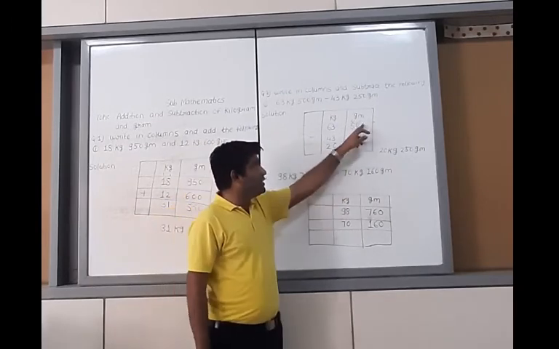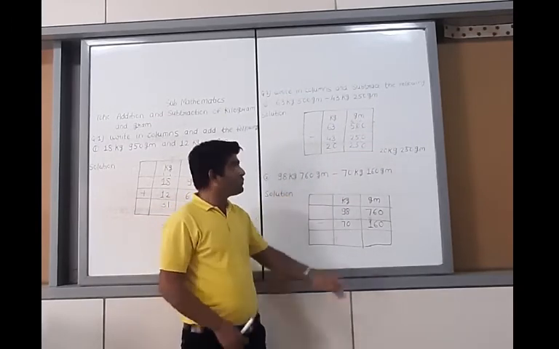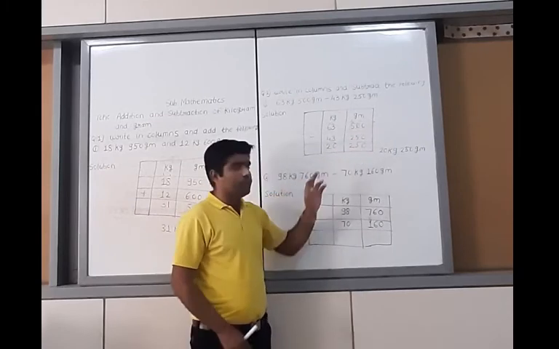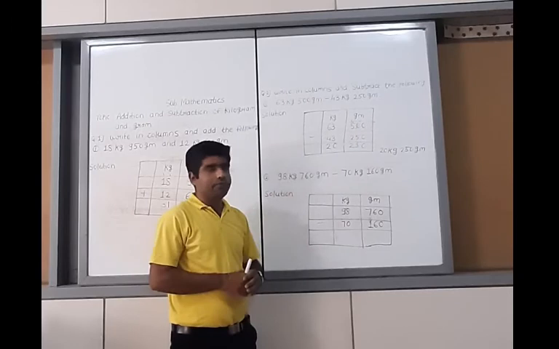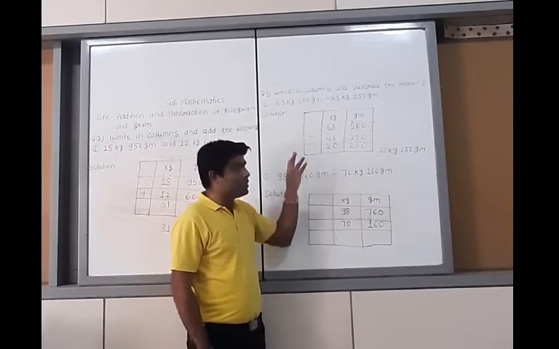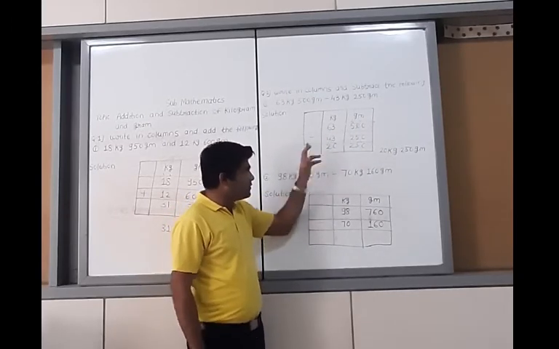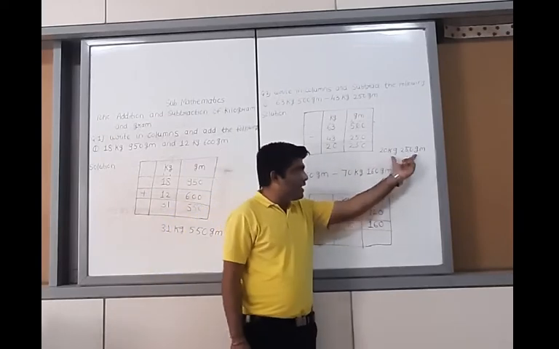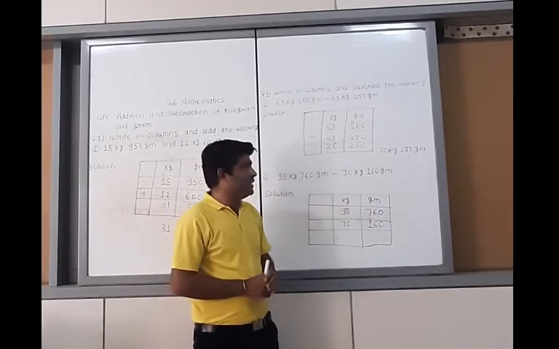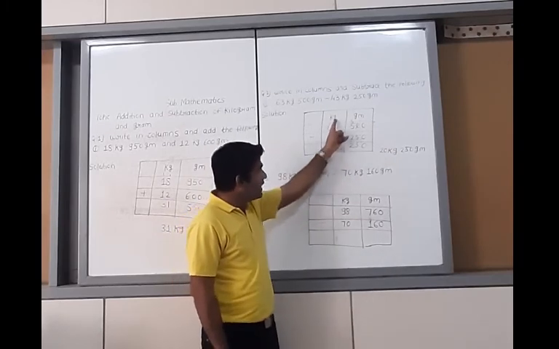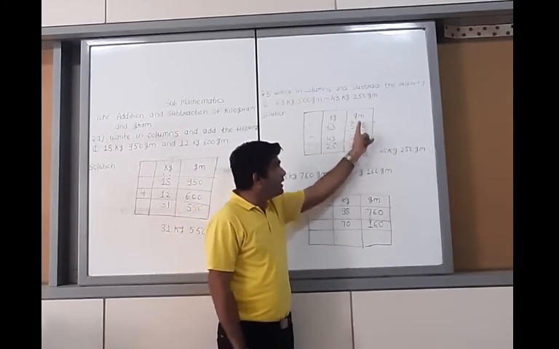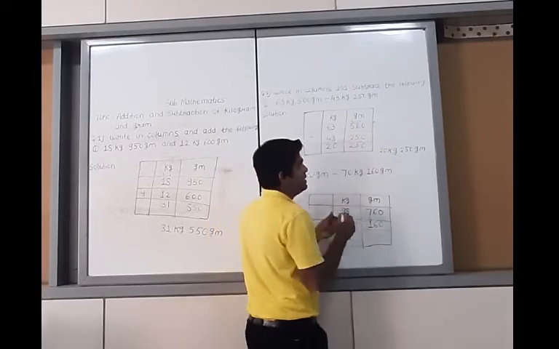Next, you have to solve the 0 minus 0 is what? 0. 10 minus 5 is what? 5. 4 minus 2 is what? 2. 3 minus 3 is a 0. 6 minus 4 is what? 2. And then complete your answer is what? 20 kg, 250 gram is the correct answer. Why? Because this is 20 kg and this is our 250 gram. This is our final answer.